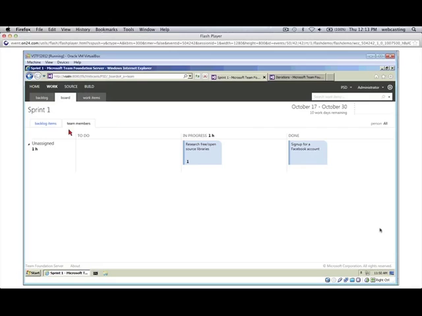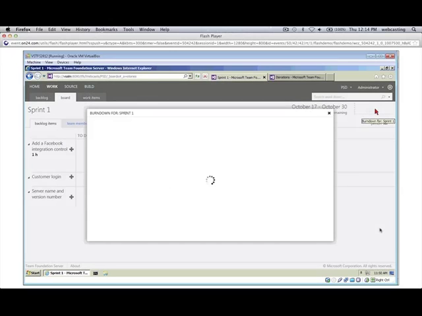Up here in the corner, you don't see it, but there's the burn down for the sprint. So you'll get that little declination graph up here. You can click it, and you'll get a zoom on it, with the dates in the sprint. And I don't have any really interesting work in here yet.